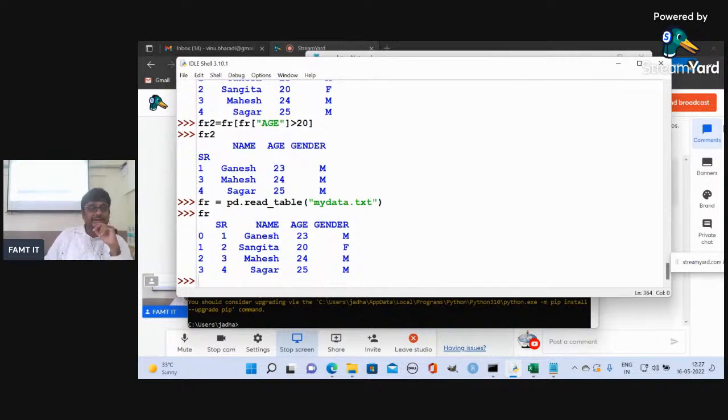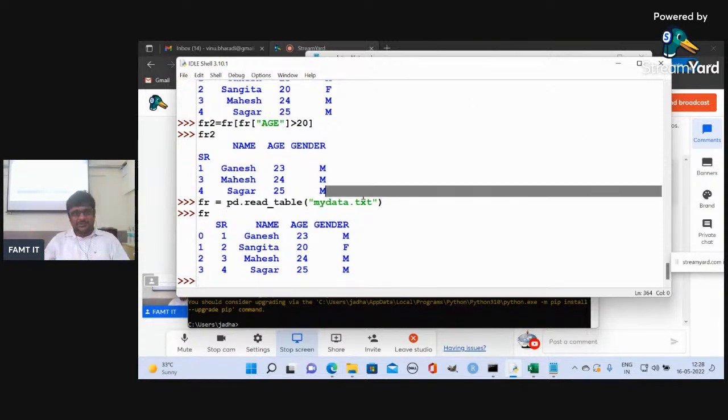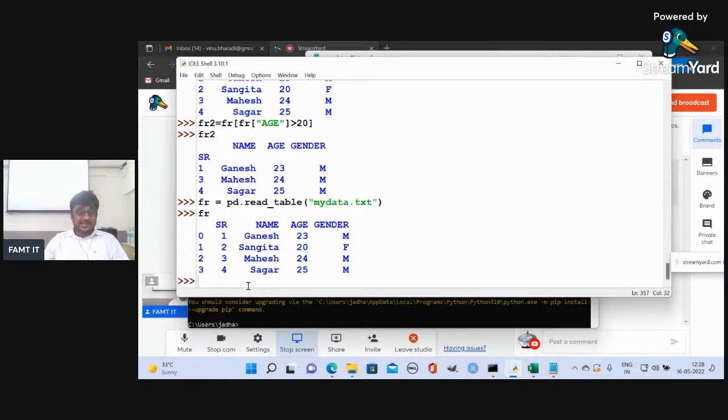By default it takes the tab, but besides tab, if you want to use any other separator, sometimes maybe for the reason of encrypting the data or some other reason that people should not get it, if there is a certain character in our text file that we never use anywhere as part of the main data, we can use that as a separator rather than tab. That also you can do, and I won't explain it here because it is a very simple thing. For example, if I want to use the dollar sign as a separator